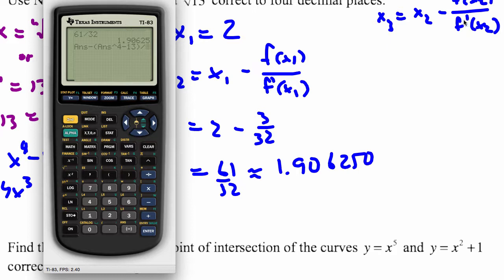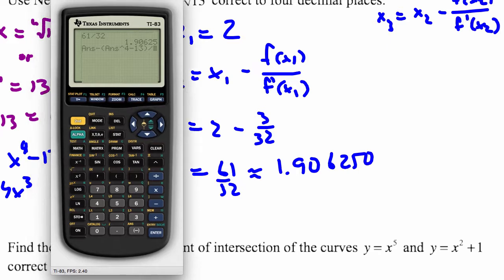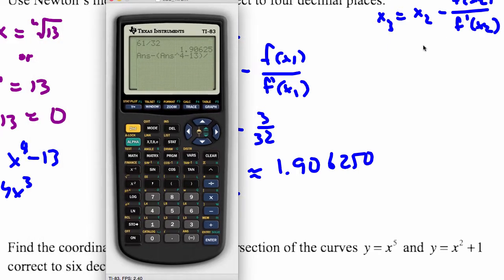The denominator is f prime of x2. So I'm going to take the answer, remember x2 is the answer, and put it in here. I'm going to put a bracket again for the denominator. I'm going to put 4 times the answer cubed. And you don't have to, but I'll close the bracket, hit enter or equals, and I get